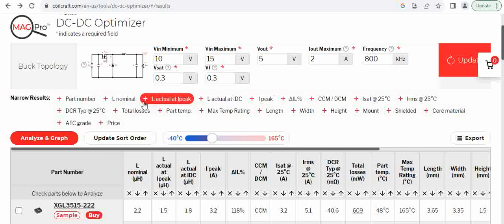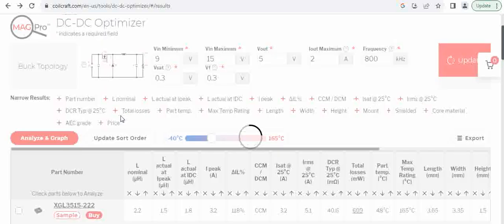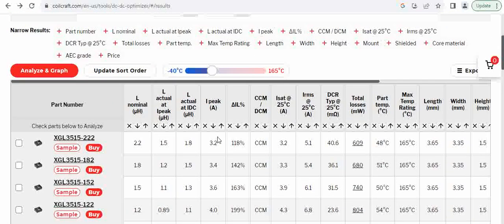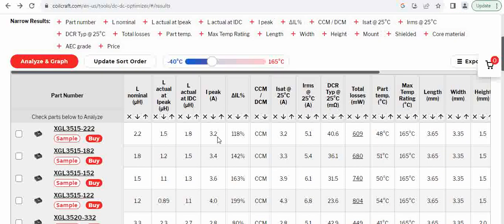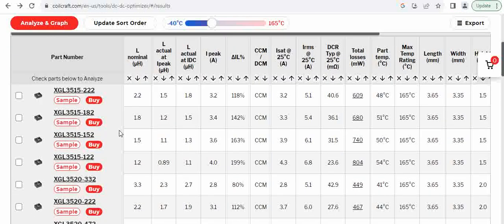you can eliminate a particular one, or you can select only a part number or whatever. Also, once this list is generated, you need not go back and change again. You can also update from here. For example, if I consider that the input minimum is 9 volts, we can click update and get the inductor results from this page itself. You can see the inductor list changed, and these are the inductors being suggested. From this, it is at the discretion of the design engineer to understand the optimal inductor that can be used,